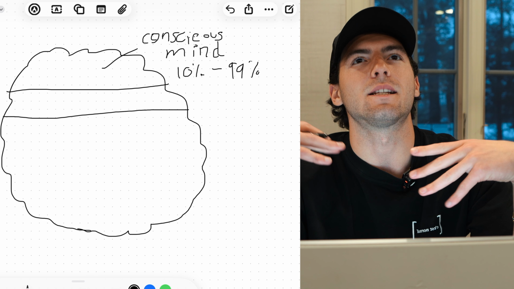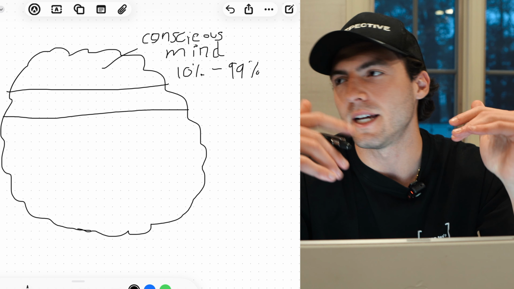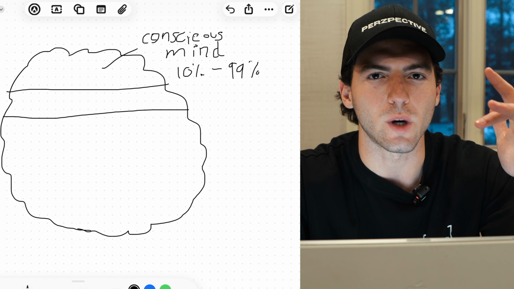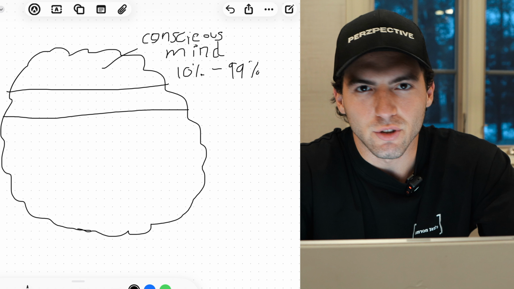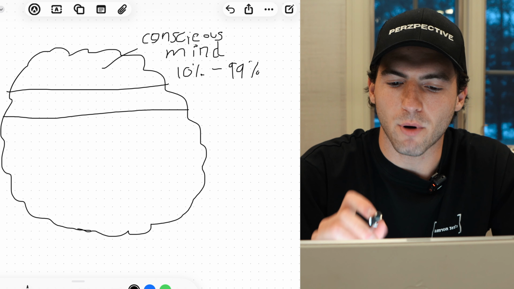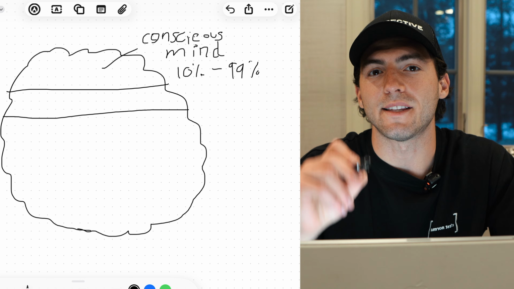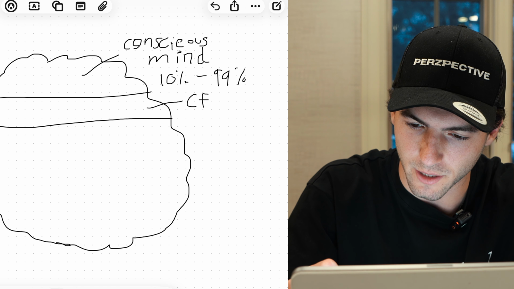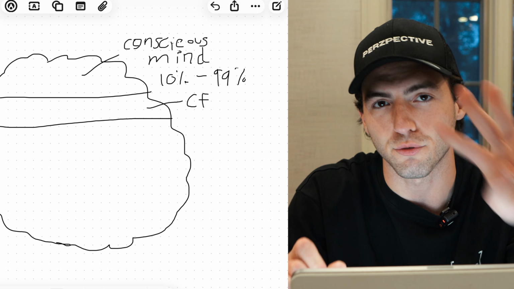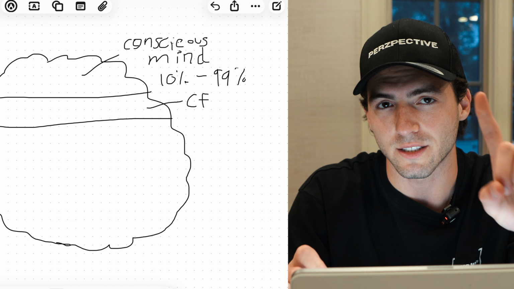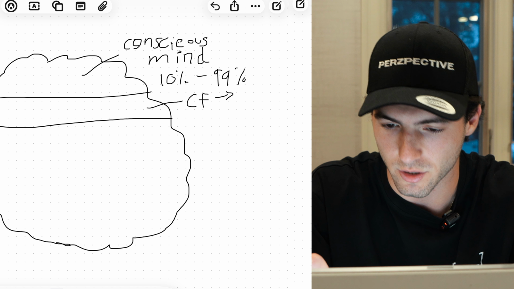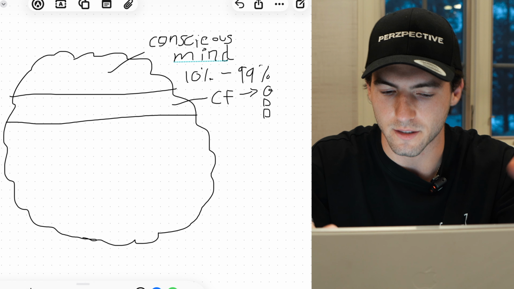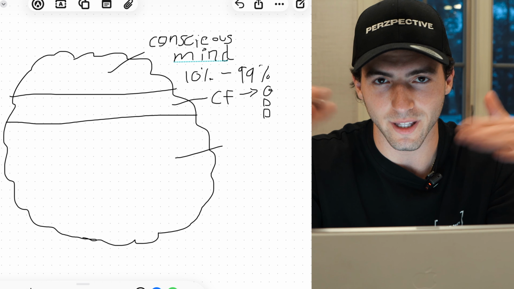The conscious mind is logical thinking. It's reading a license plate, it's reading a phone number, it's memorizing a phone number. Other than that, it gets way too overwhelmed and it's just not useful in our day-to-day life. The second part, in between the conscious mind and the subconscious mind, is the critical faculty. We're going to abbreviate that. Now, the critical faculty does 3 things. Number 1, it generalizes. Number 2, it deletes. Number 3, it distorts. Generalizes, distorts, and deletes. We'll get an example of that in a minute.